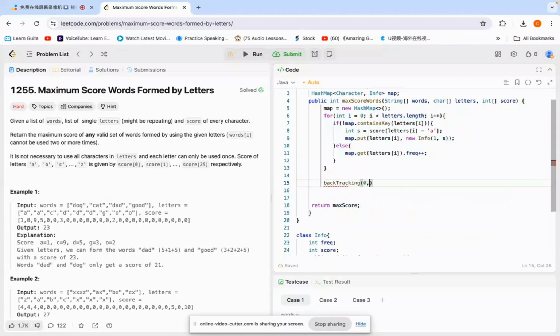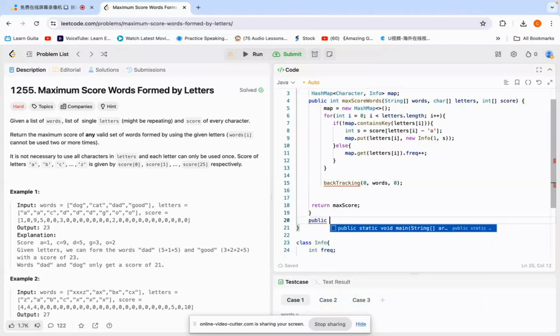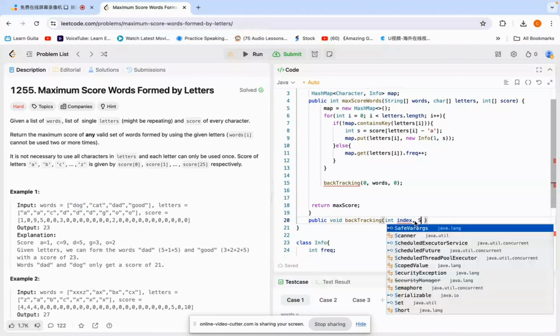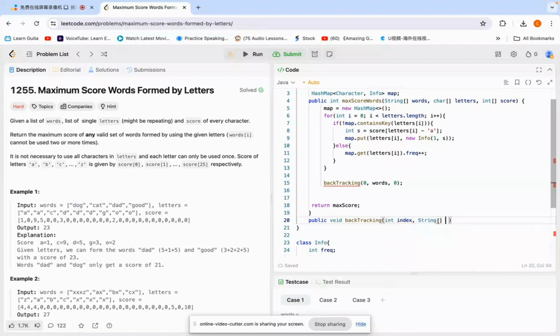Now we need to pass the 0 and the word and the 0. And now we need to public void backtracking. So now it's index. We always start from, because the first the word array there are 4 words, right? So we always start from this. Always start from dog. So here's 0 index, and then we need to pass in the word array,